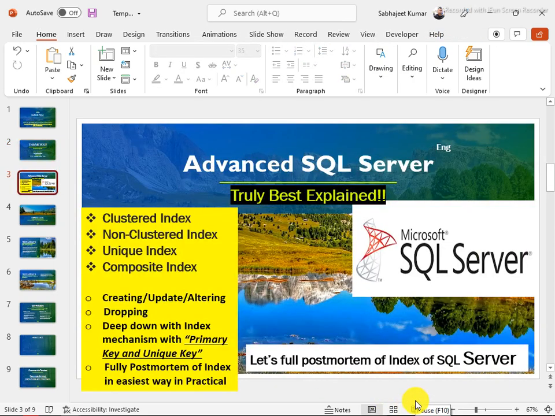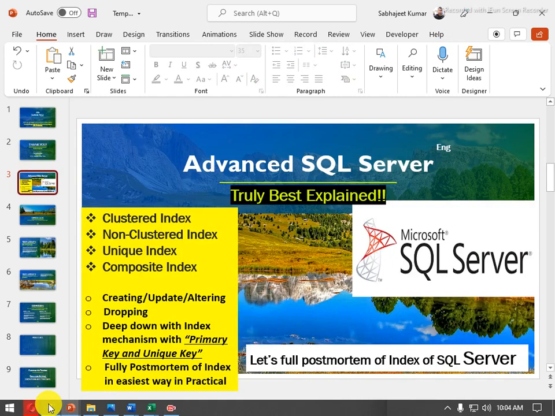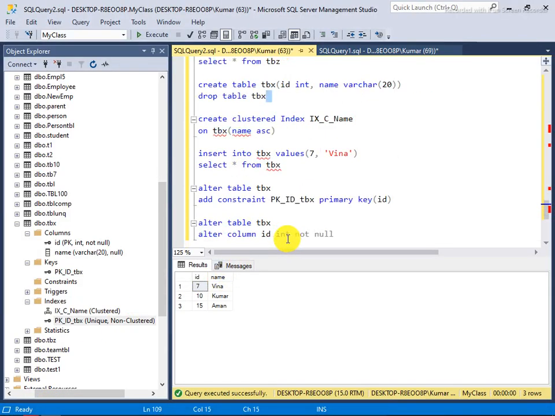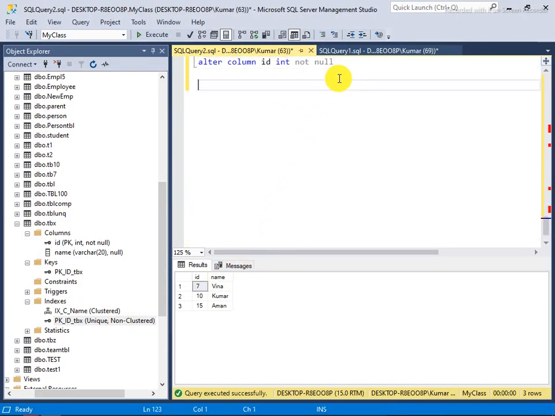Okay, the last thing I would like to let you know: if someone asks you about unique key and primary key, and asks you to set not null on a unique key, then should it be the same as a primary key?